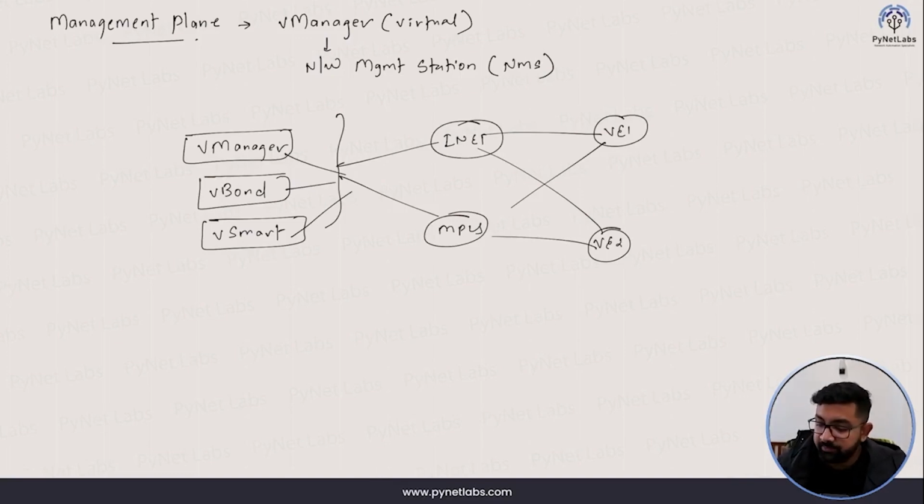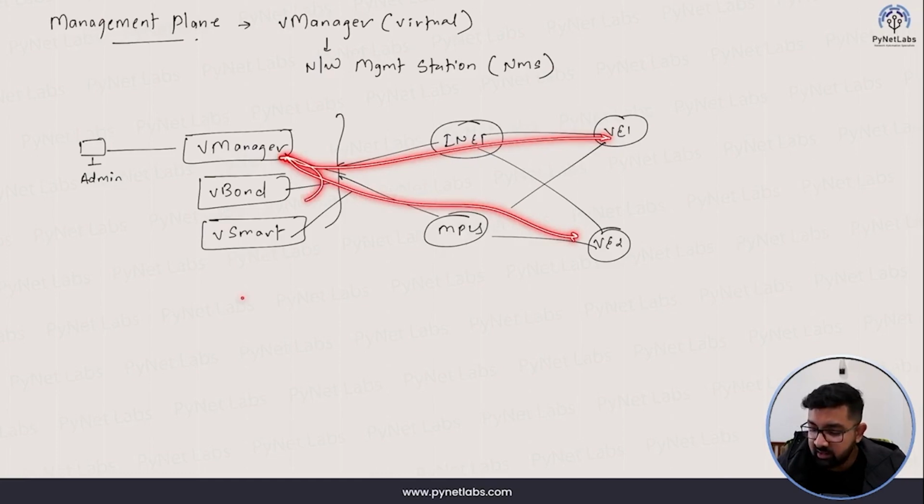Now, since the vManager is going to manage the WAN edge 1 and WAN edge 2, of course, but how do you communicate with the vManager? So in vManager itself, you can use an admin PC and you can connect with that admin PC with the vManager. Now, because the vManager then has two types of interfaces, right? One interface that communicates actually with the WAN edges and the other controllers, of course, and another interface that communicates